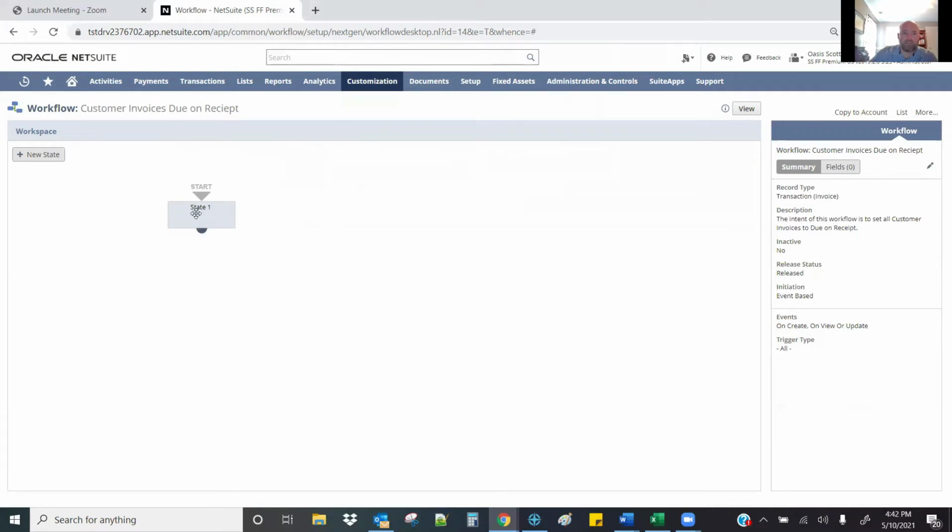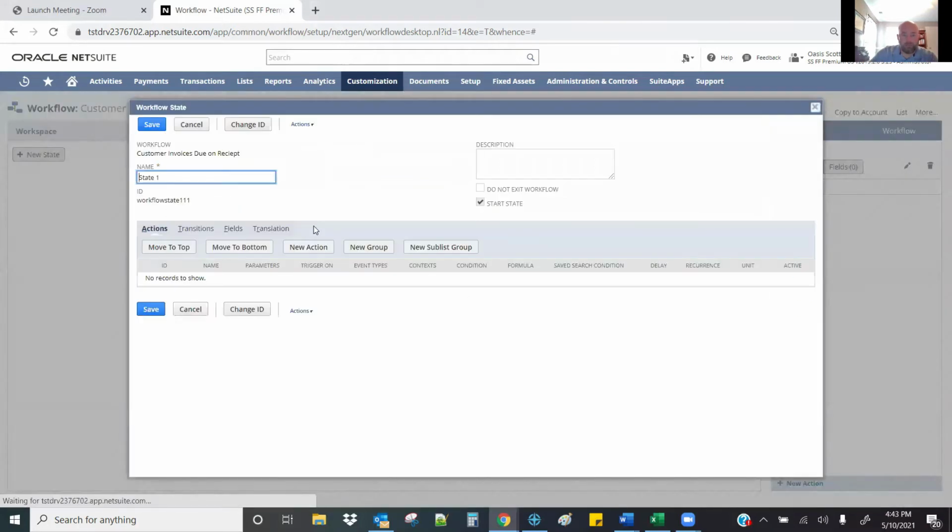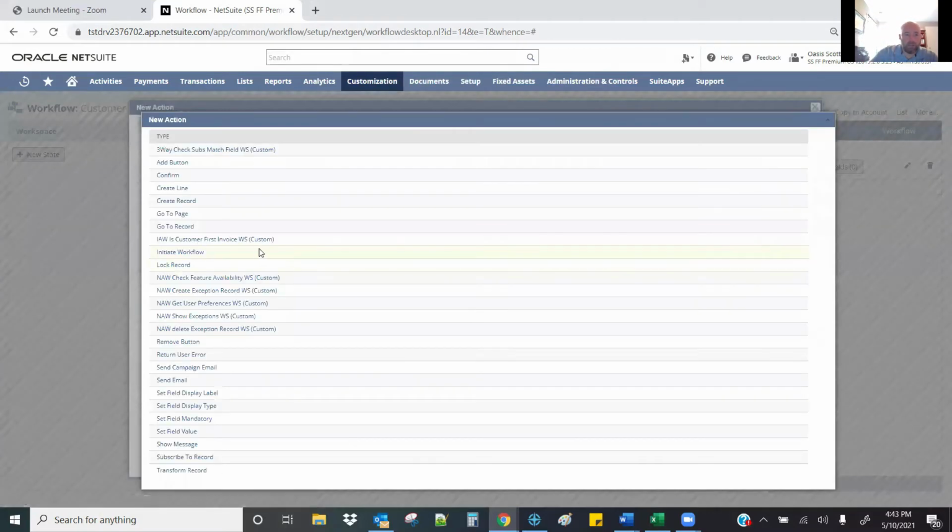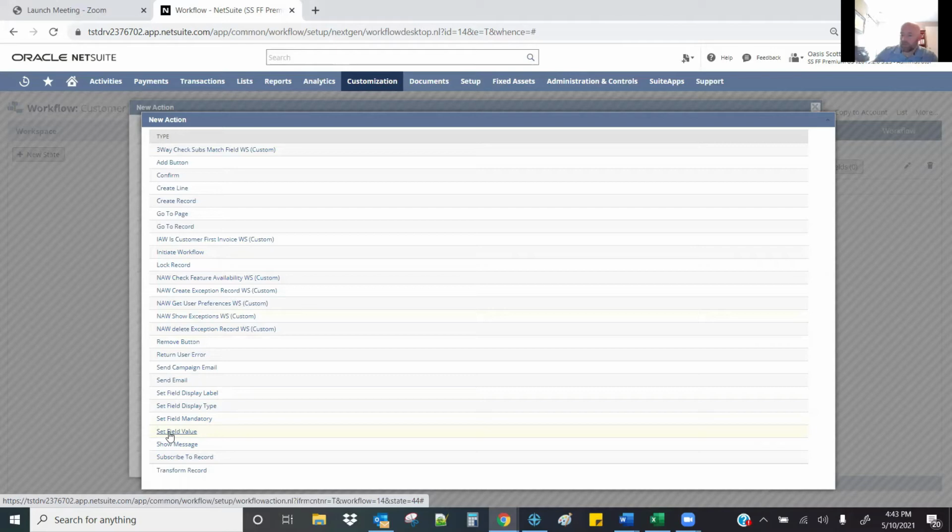So I can click into my workflow state on my workflow diagram and just double click, and it's going to bring up the detail in this workflow state. So in this scenario, all I want to do is do a new action. And that action is going to be a set field value, okay? Because I'm basically saying that anytime a customer invoice is created, I want the terms to be set to due on receipt. So that's what I'm going to do here. I'm going to set a field value,